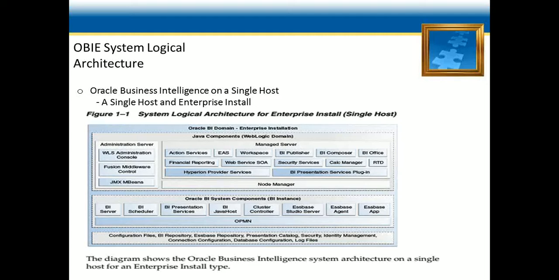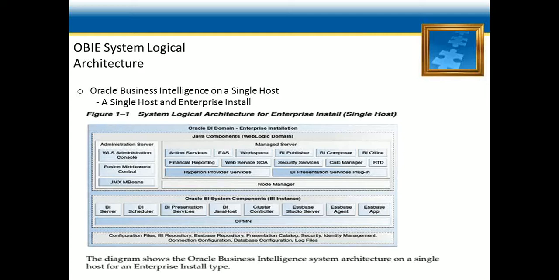We have a third type of installation called software only install, in which you will have software binary files in an existing middleware home for later configuration. It is useful if your goal is to have multiple products share those binary files from a common middleware home, if you need to share. So these are the three types of installation in which you can have OBI installed.